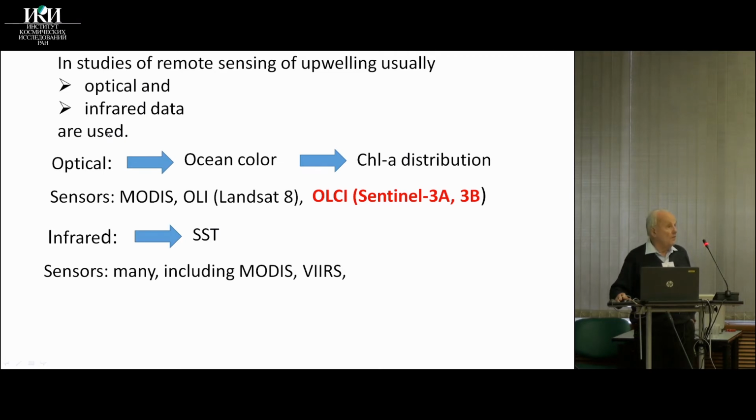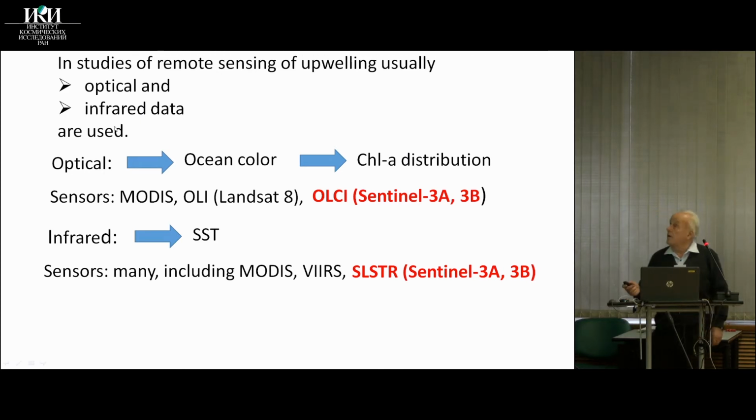There are many sensors flying, and the data from these infrared sensors are combined to obtain the sea surface temperature. One of the most used sensors is MODIS and VIRS. And now there are these Sentinel sensors. So here for chlorophyll,